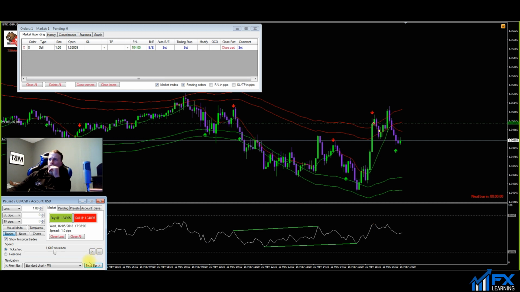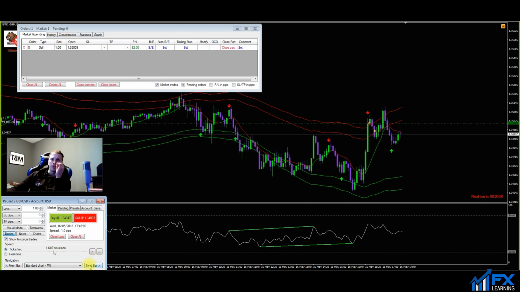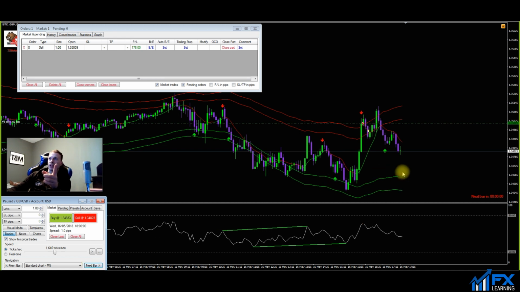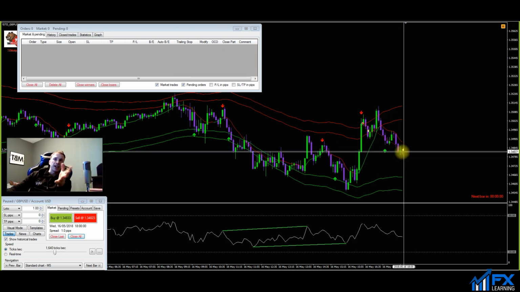No, let's just keep going. Okay, let's see what happens. Let's see if I can come back down to this zone here. Nice, yeah, price is coming down. 173 pips, let's close that off now. Done. So this trade here, okay, using 2 trades, I locked in 5 pips and also 20 pips or 19